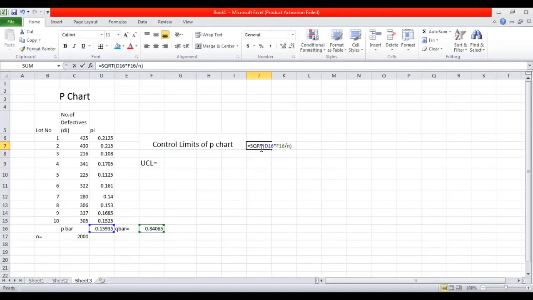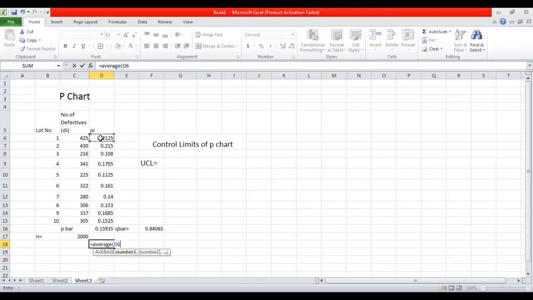There is a problem with these values. Wait. Here in this column, we are not getting the value properly. Wait. Average of